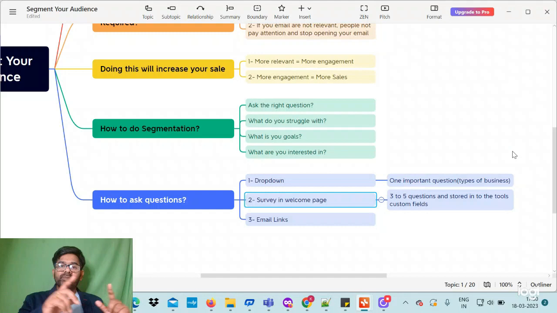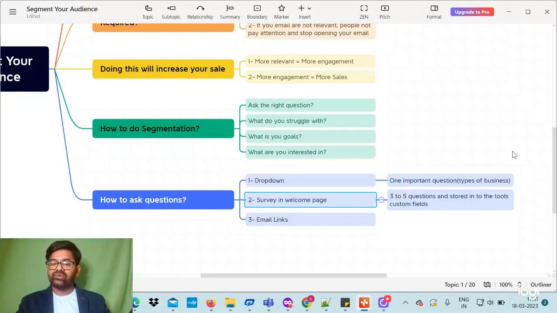Drop down. In the email marketing tools, in the customer section, you can create custom fields. That should be a drop down. In the drop down field you can select the customer business type. So whenever customers come in, they see what type of business you are providing. Whenever he selects that business type, then you can create the content based on the customer type and send it to your target customer. So in this way also you can ask the question.